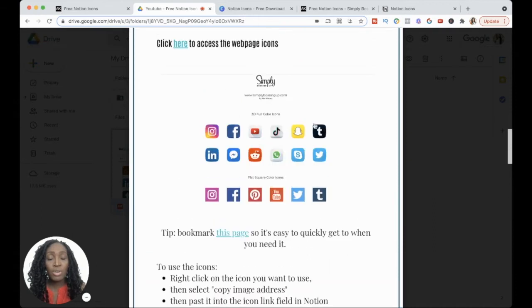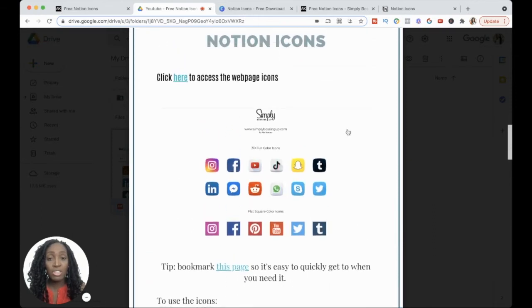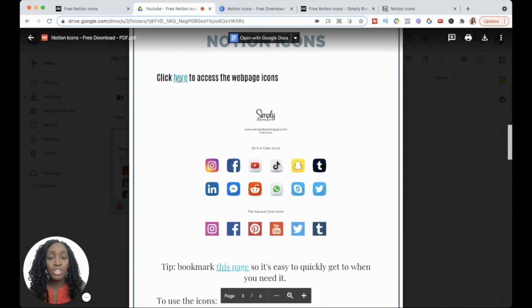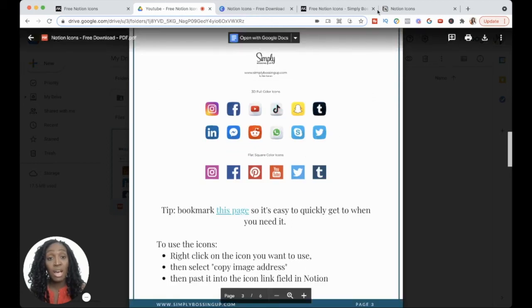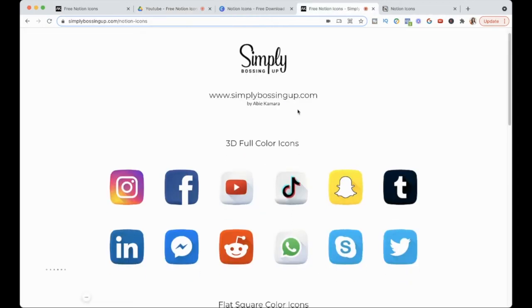The third way that you can update or customize your icons in Notion is by copying a link of an image and pasting it right into Notion. So if you click here, you will get access to this web page I created that has some of these icons already on there. It'll take you to this page, and let's just say you wanted to use this YouTube one.